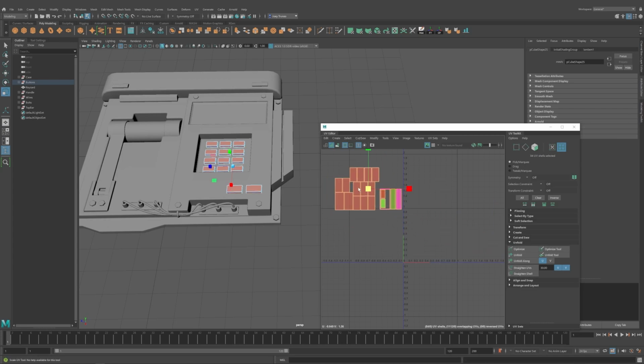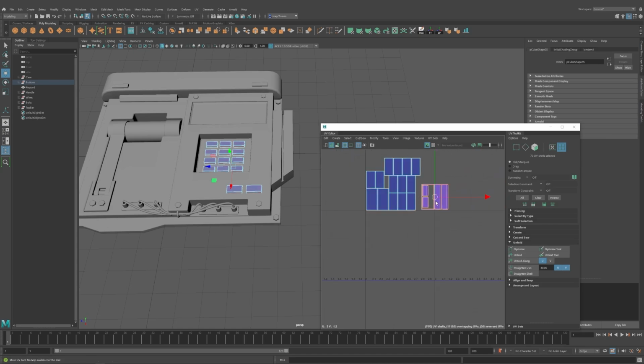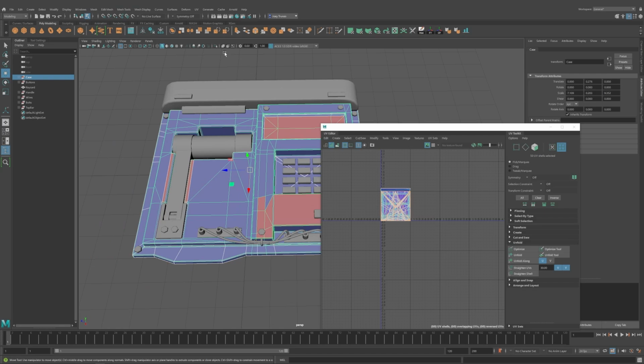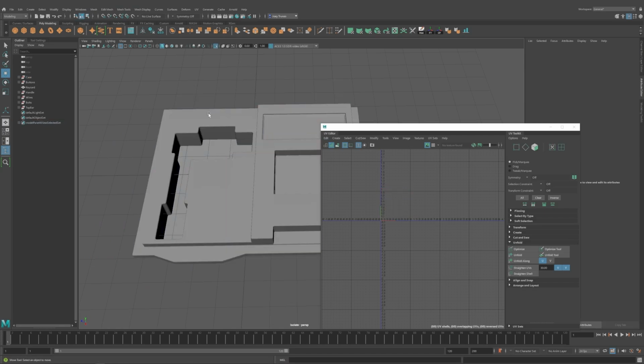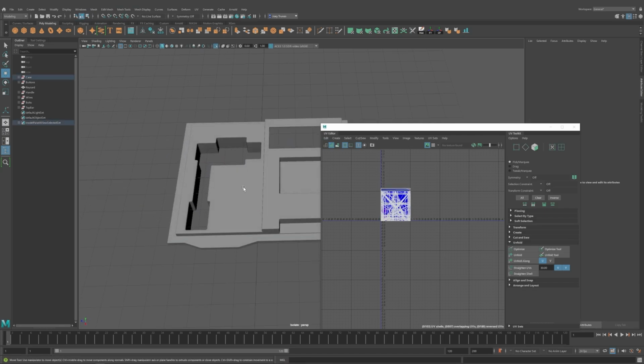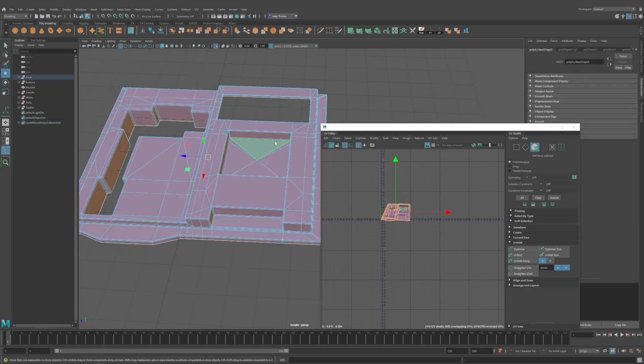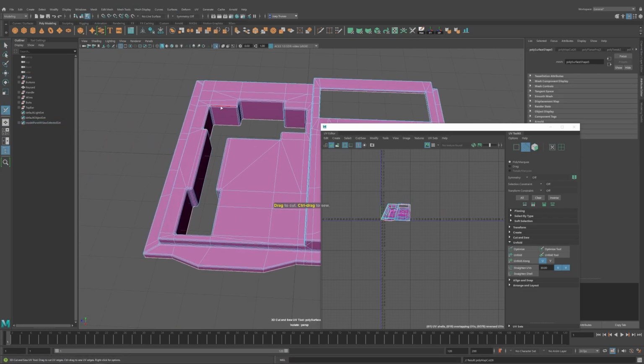So for these buttons, I'm just going to select all of those faces and lay those out, and that way all the other parts of the buttons that are on the side will be overlapping and saving space in that UV map, and then all the faces on the very top will be separated because we want to have individual numbers on top of them. So that's how I did the buttons, and I think this is the last object that we have to UV